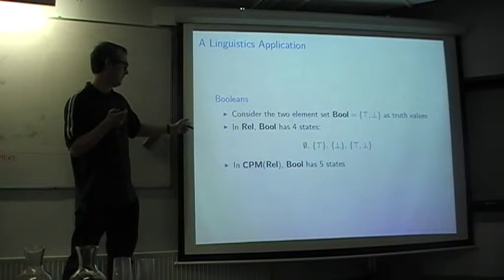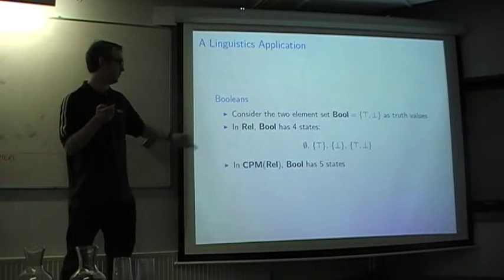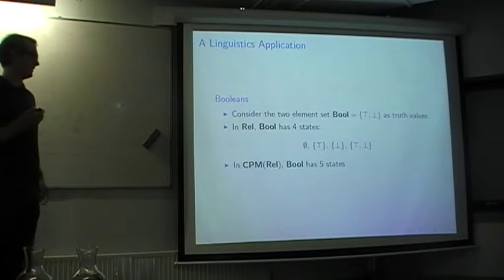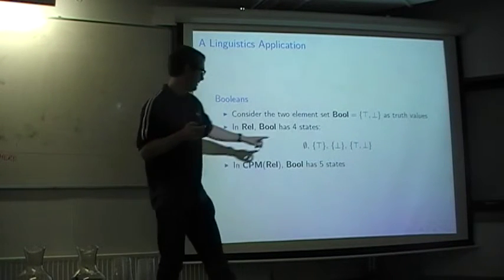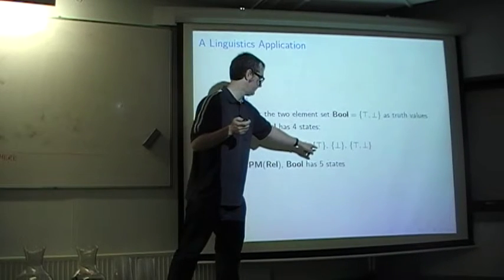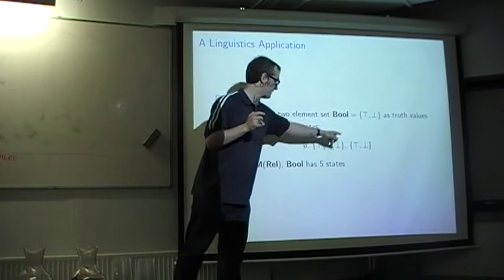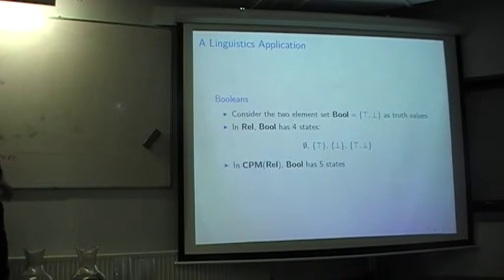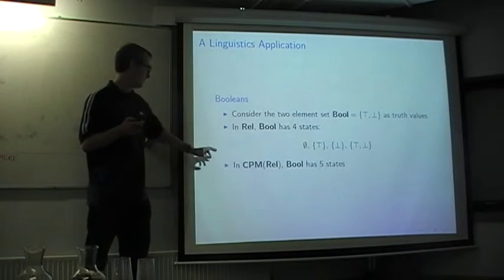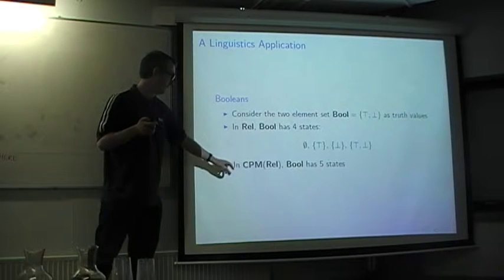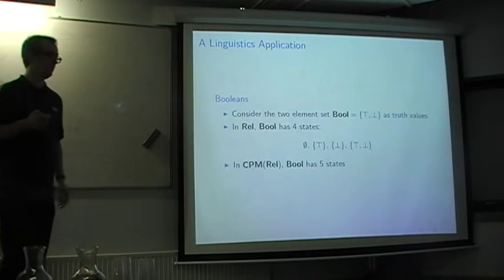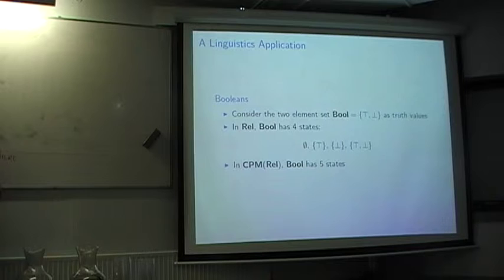And in REL, this set of Booleans has four states. So basically states are subsets. So we could think of this as overdetermined, precisely true, precisely false, and underdetermined, if we want to look at it that way. Then the next step in their paper is that they look at the same object in CPM REL, and then we find out that this set Bool has 5 states in CPM REL, which,